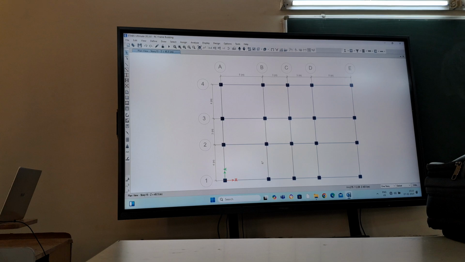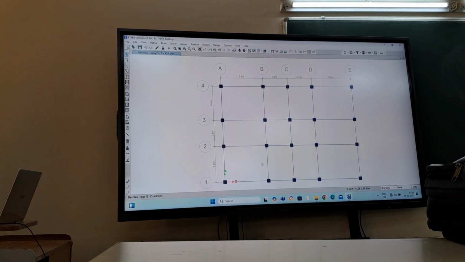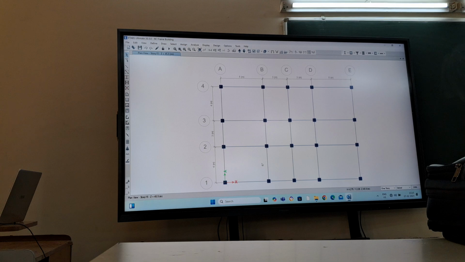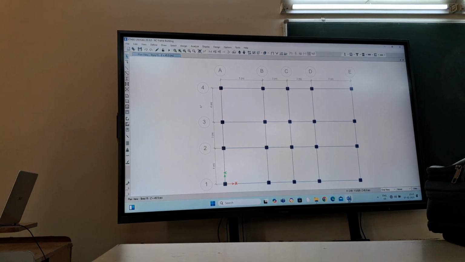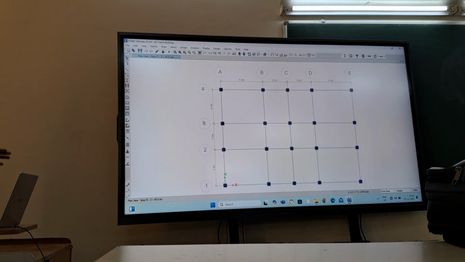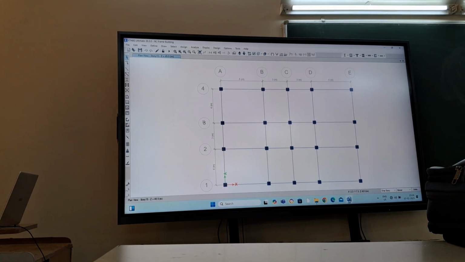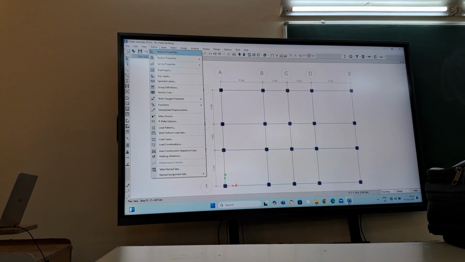But most of the people in industry use the shell element for slab modeling because it's easy. You do not have to calculate the load on each member separately, which takes a lot of time. To avoid those things, you may sometimes want to do that, and we'll see how. Suppose we do not have any load applied because of the slab in this model. We are freshly trying to do that, and in this case, what we do first is go to define,